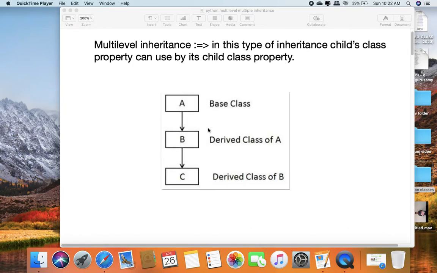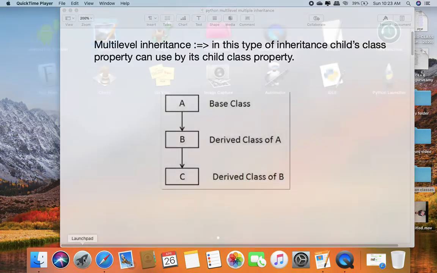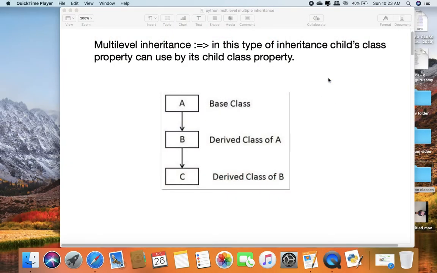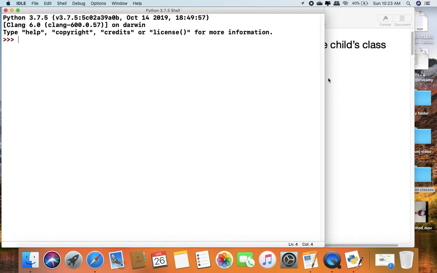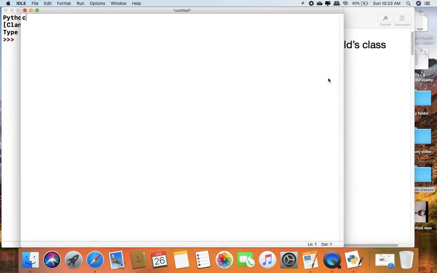We will learn this type of inheritance by a simple example. Let's start the example. Here I am writing class maths. I write another constructor which has default argument self.